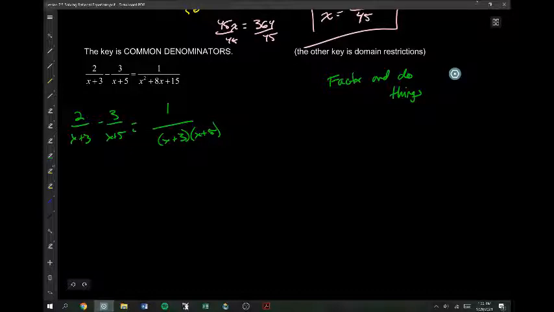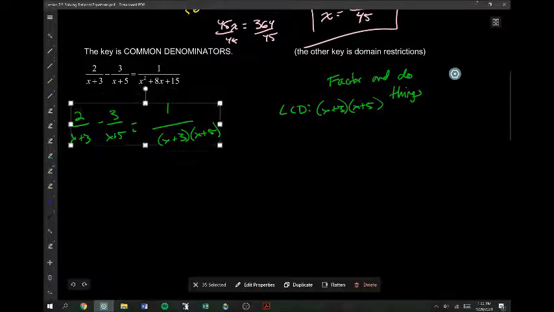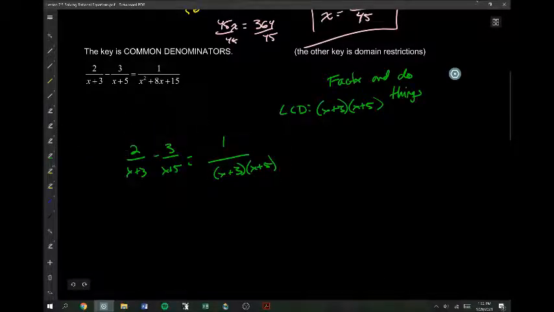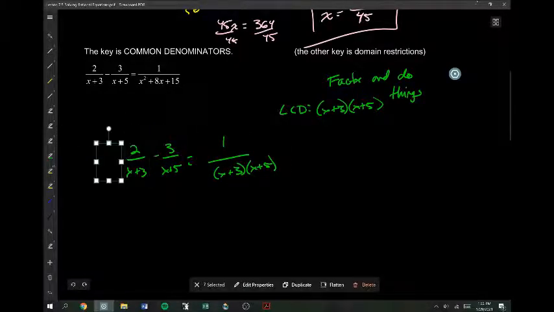So I factored. And for the lowest common denominator, I need to have at least 1 x plus 3. I have to have exactly 1 x plus 3 and exactly 1 x plus 5. So my LCD is x plus 3 times x plus 5. Well, that means I can just do some giving of what's needed to both sides here